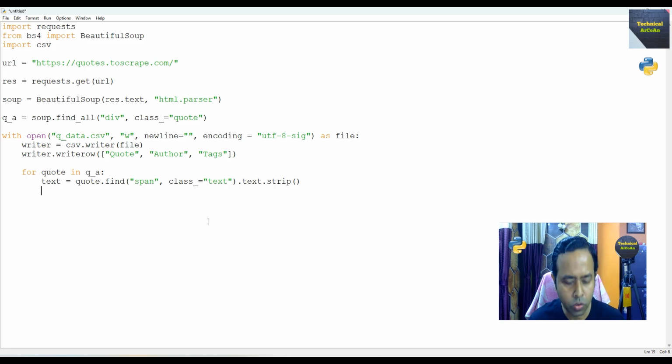Okay, and the next one we write author equals quote.find, and send the first parameter small within double quotes, then set class_ equals, within double quotes author, end parenthesis dot text dot strip. And the last one, we write tags equals, within square brackets, tag.text